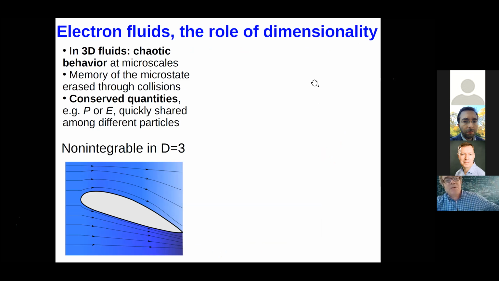Let me just say briefly what we expect to see in a hydrodynamic fluid in 3 dimensions, and then compare it to our case. So in 3 dimensions, a picture is that on a microscale, the behavior is ballistic, and then after a few collisions, all the information about the microscopic state, except the quantities which are conserved in individual collisions, all of that memory about that is erased, and then on a length scale, few times the mean free path, the system transitions